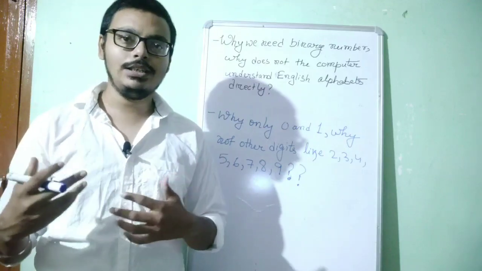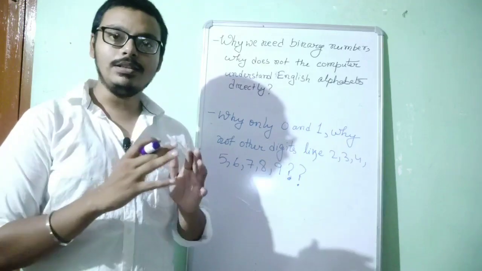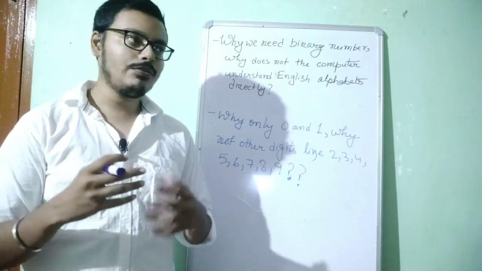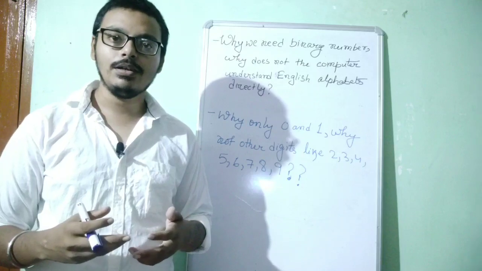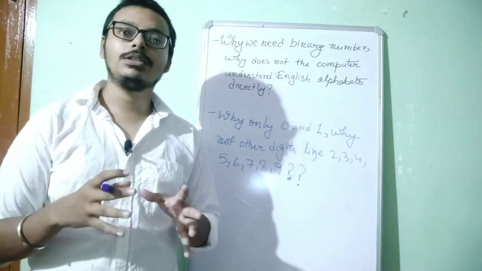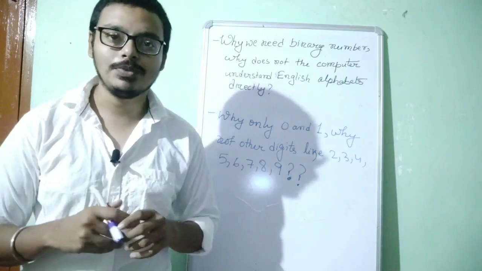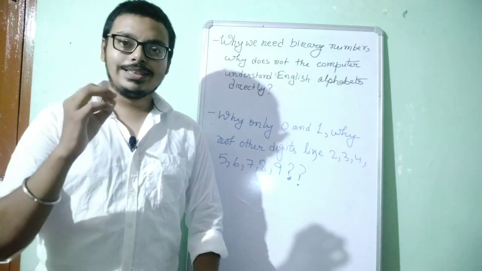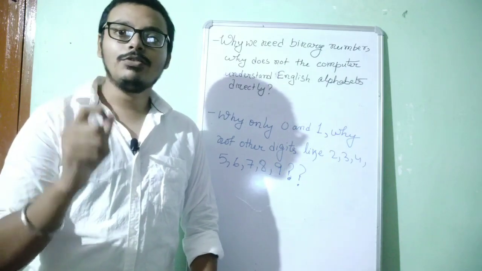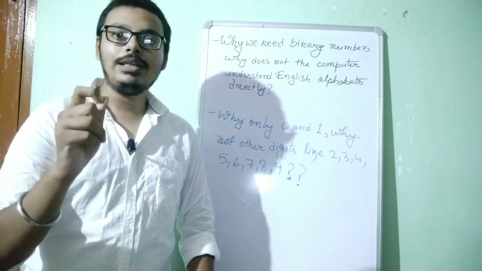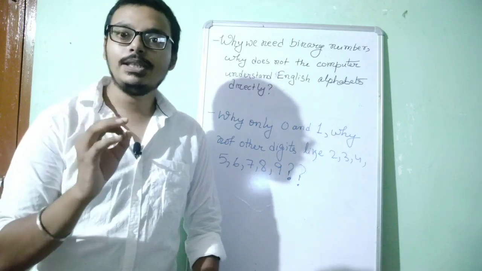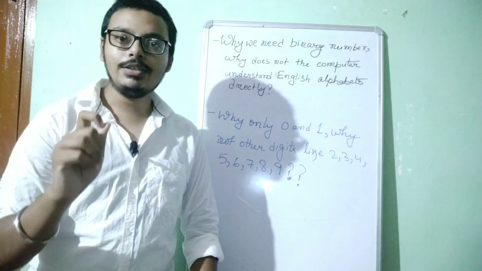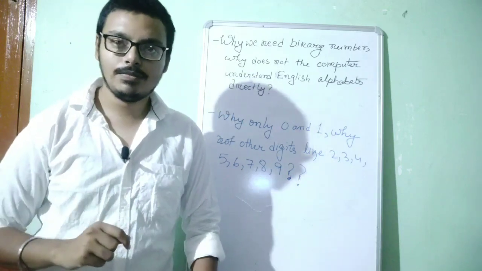So the thing is that we are saying the computer only understands zeros and 1 in our sense, logically. We are only saying that the computer knows binary language, that is our logical explanation. Logical means making things easier for us, okay? But originally the computer does not store it as zeros and 1 either. It may be getting very confusing for you. So in reality the computer stores information in the form of electric signals. The computer is an electronic device, so every piece of information in the computer is stored in the form of electric signals, right?